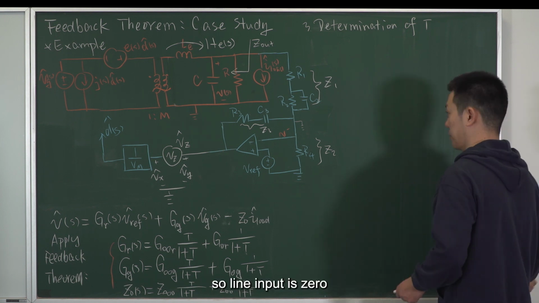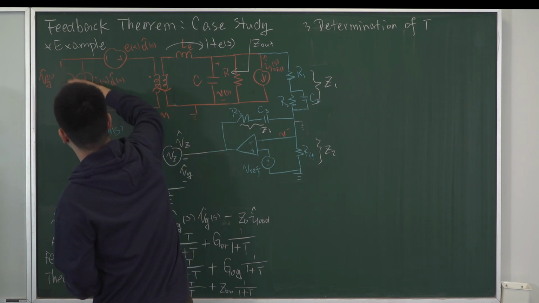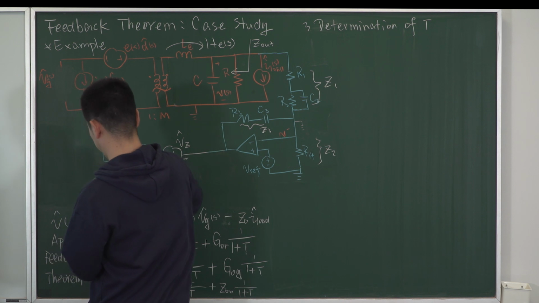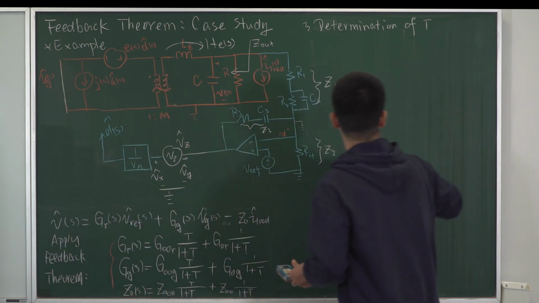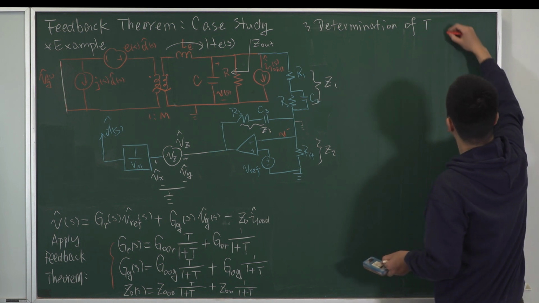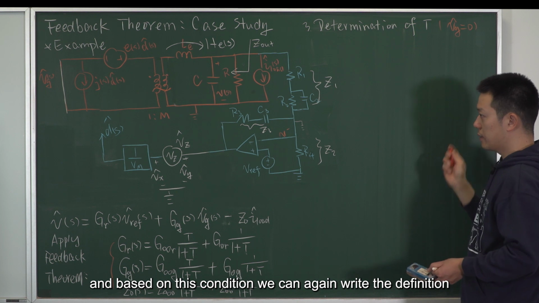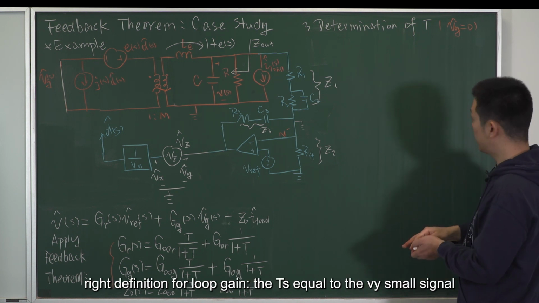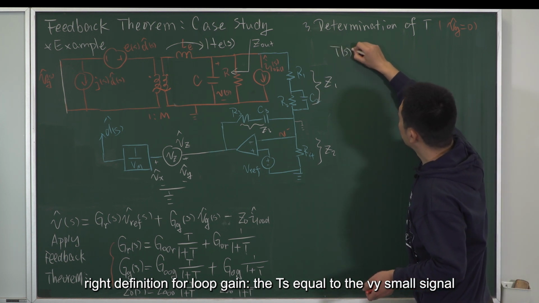So line input is 0. So it's like the Vg equals to 0. And based on this condition, we can again write the definition for loop gain. So Ts will equal to